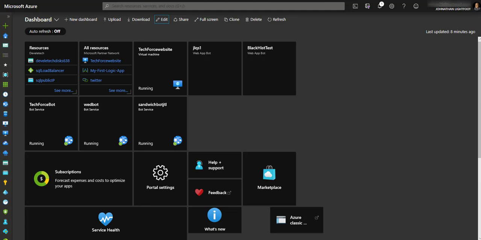Deploy two virtual machines onto that virtual network, and configure them to allow one virtual machine to ping the other over that virtual network. So the first thing I need to do is to sign into the Azure portal at